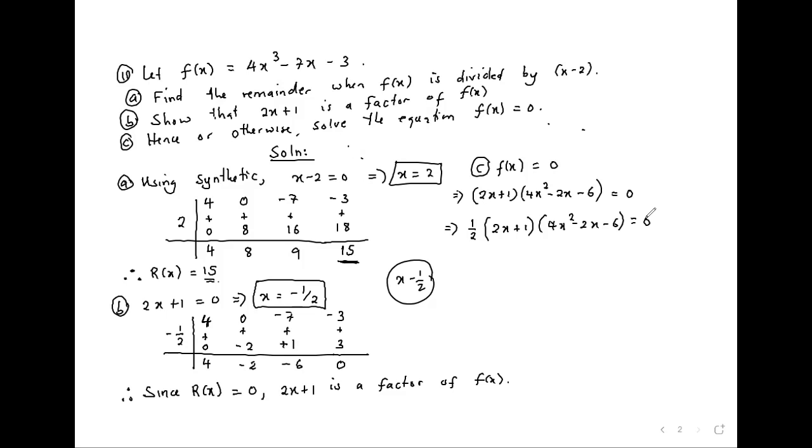Be careful on that one. So what I'll do is I'll keep the 2x plus 1. And since I'm seeing a 4, 2, 6 there, I'll reduce that one. So it will be 2x squared minus x minus 3 equal to 0. So I've used that half to reduce the quadratic because I want to factorize that quadratic there. So to factorize the quadratic, I should have